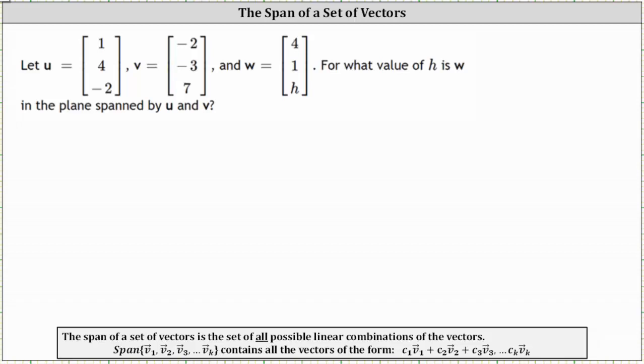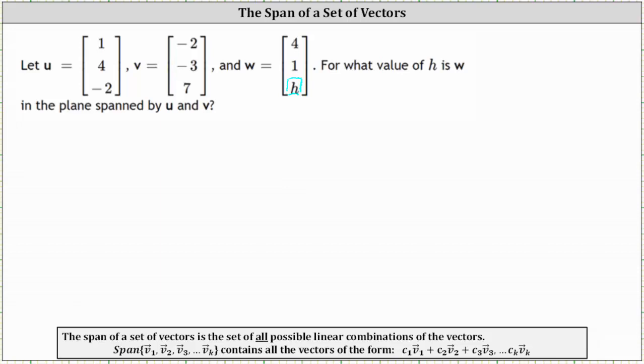We're given vectors u, v, and w. Notice how the third component of vector w is h. And we're asked for what value of h is the vector w in the plane spanned by vector u and vector v. This occurs when vector w is a linear combination of vectors u and v, which means there must